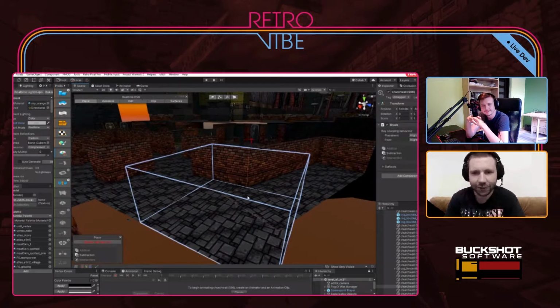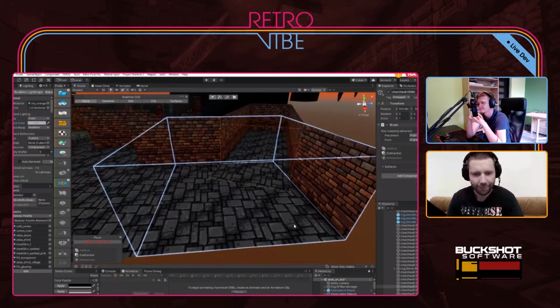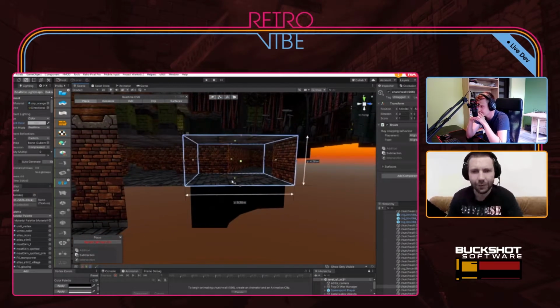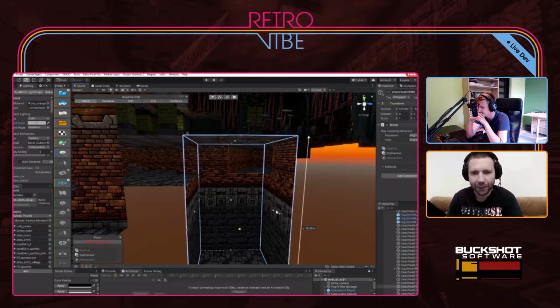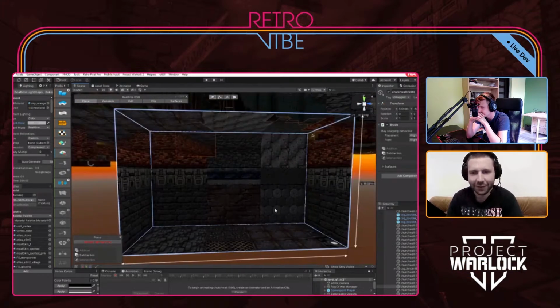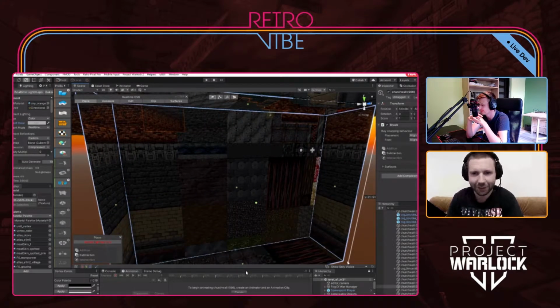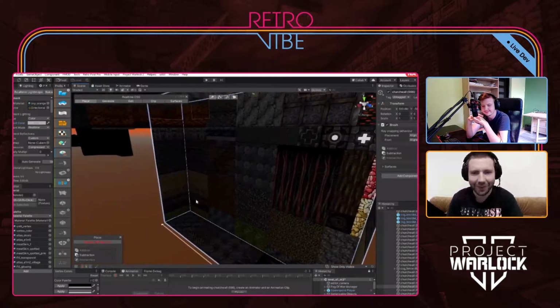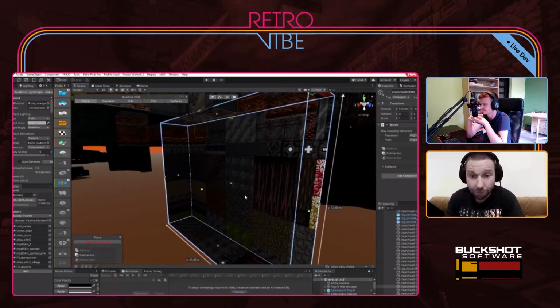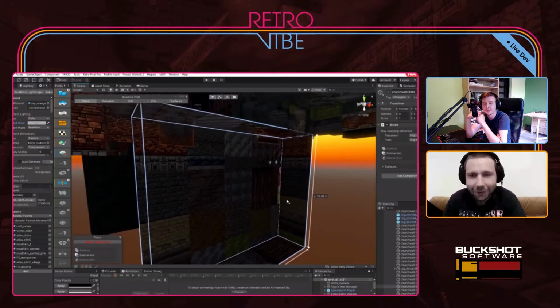So every texture here is part of the same graphic, so they are all aligned next to each other. And if I extrude it like this, I will be able to see all the textures that are in the level. We do it for, how do you say, optimization. Yeah, it's for optimization purposes.